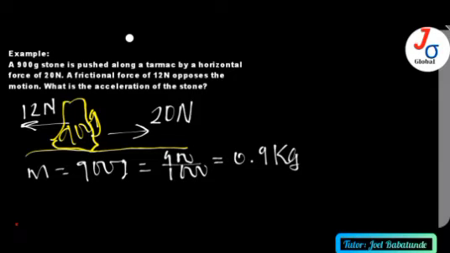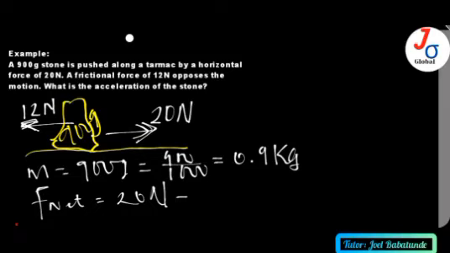If this force is 20 newtons and this is 12 newtons going back, what's the resultant force? The net force is going to be 20 newtons minus 12 newtons,